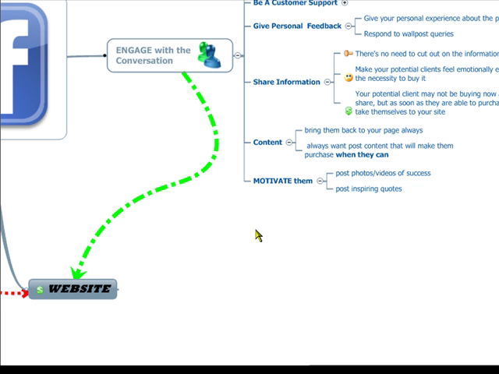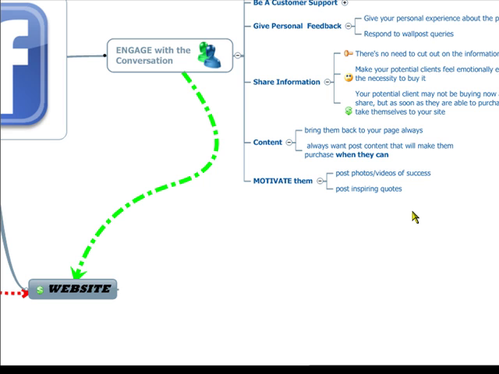And basically that's it. Bring them to your page always. Give them content, because everybody's gonna get bored if you keep posting that, right? So always give them content, different content as to what their benefits are, what are the pros and the cons of your product, so they could actually weigh it. In a way, you're engaging with them, and you can actually make them feel that you're being honest to them, okay?